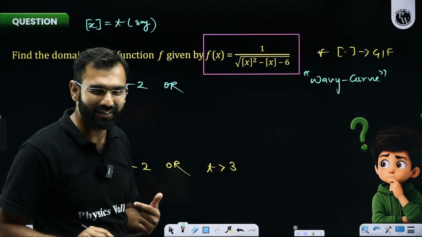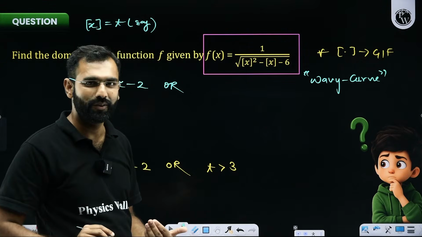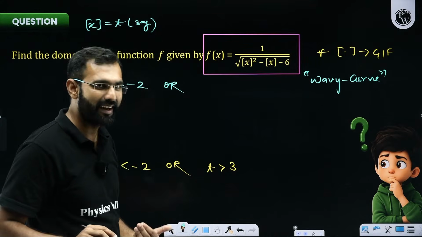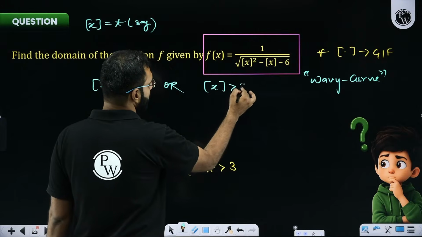or, which means union. Remember that we had a discussion in the last session on sets: and means intersection, or means union. Remember it? Exactly. And here, t means GIF of x should be greater than 3.